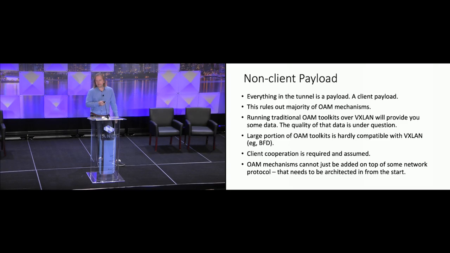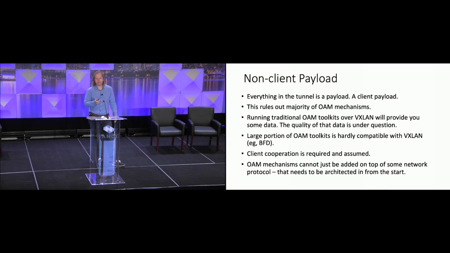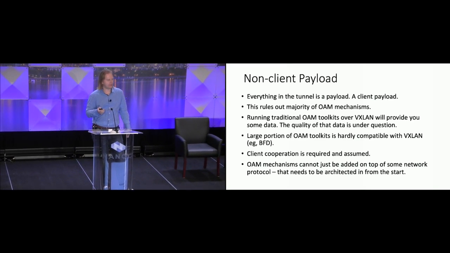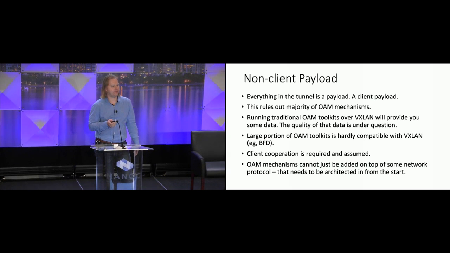Non-client payload. There's no ability to send out a packet, a frame, which does not belong to the client, and consequently, there's no ability at the other end for the client to distinguish that this packet is actually not a client packet, but something else. And this basically rules out a majority of the traditional OAM mechanisms which we are familiar with. For example, running BFD over a VXLAN tunnel is definitely non-trivial. There are workarounds for doing that, but if we want to compare that to the equivalent MPLS solutions,